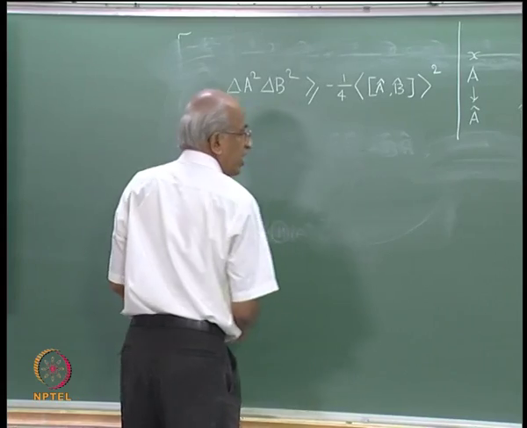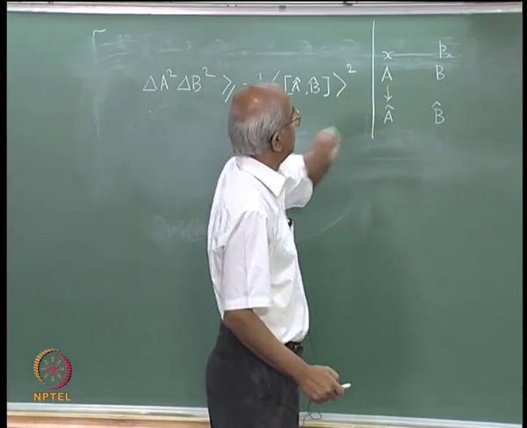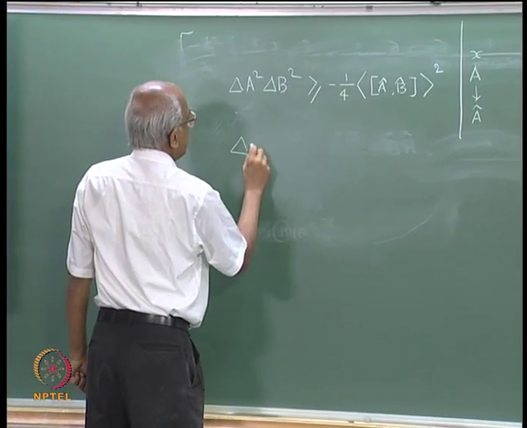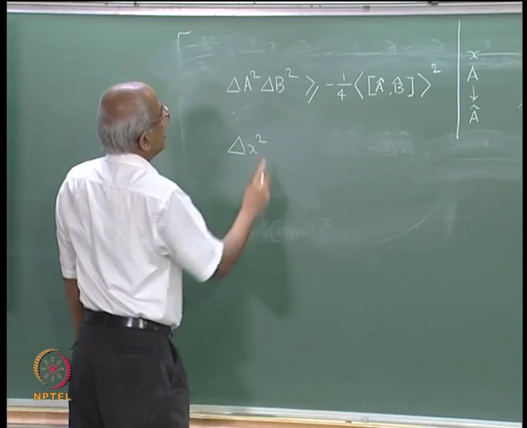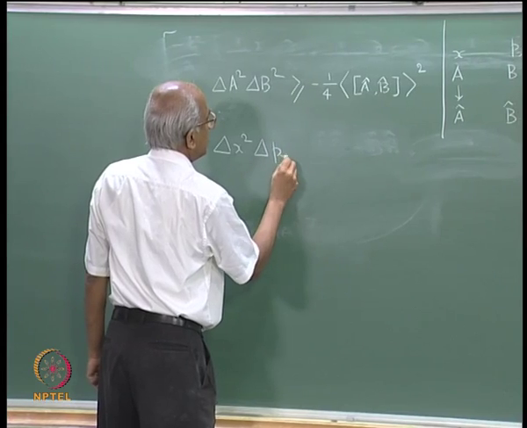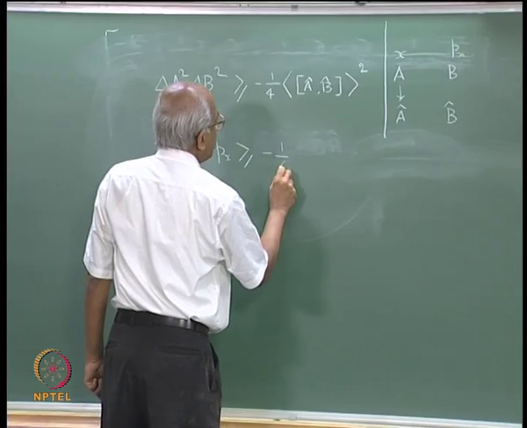So, what will I do? I will identify A with x and B with p x. So, here I am going to have the square of the uncertainty in x times the square of the uncertainty in p x, and that would be greater than or equal to minus 1 by 4